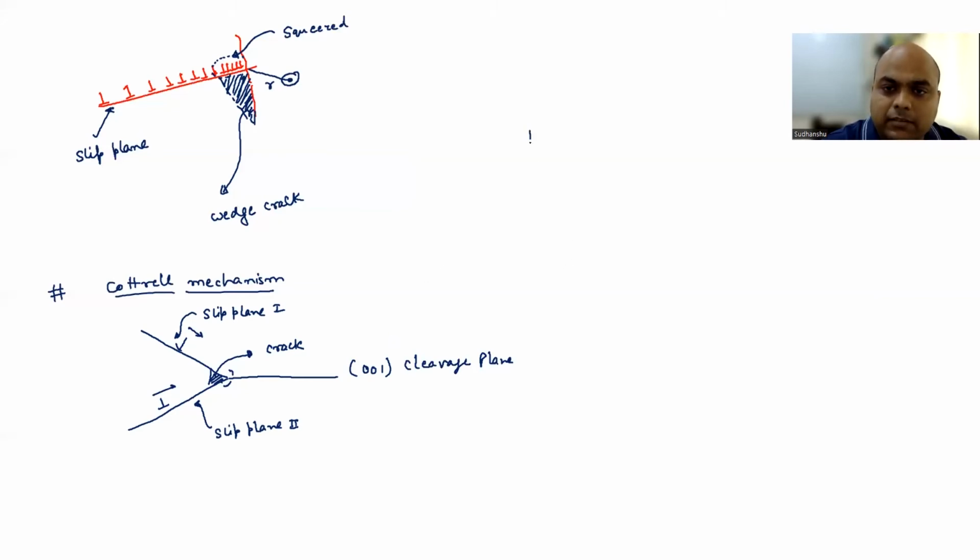Then the last one is similar to what we discussed in terms of the inclusions. So you have the presence of second phase particles. Dislocations are getting piled up locally against those second phase particles, and that second phase particle is now going to fracture because of the sufficiently high stress at the pileup, which will lead to generation of a cleavage crack. And this is typically observed, say, in steels. In steels, it was observed